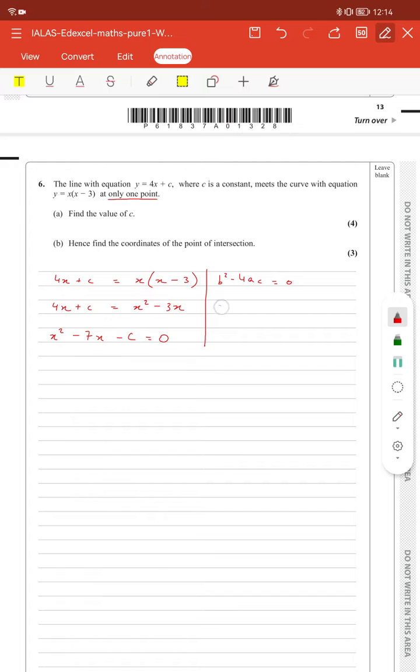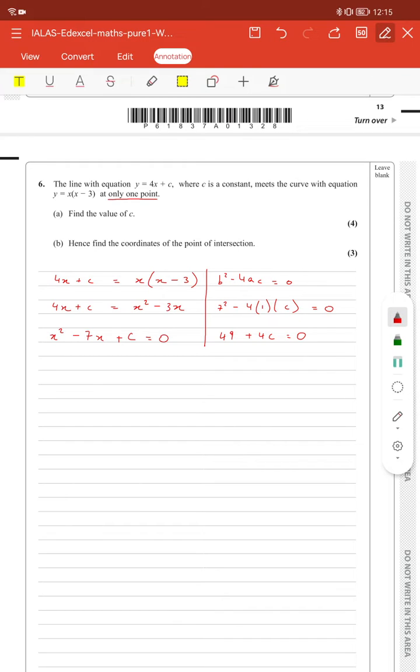So I'm going to get 7 squared minus 4 times 1 times minus c is equal to 0. So 49 plus 4c is equal to 0. Or again, it could be plus c. And